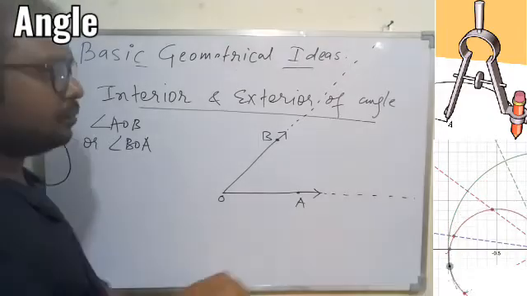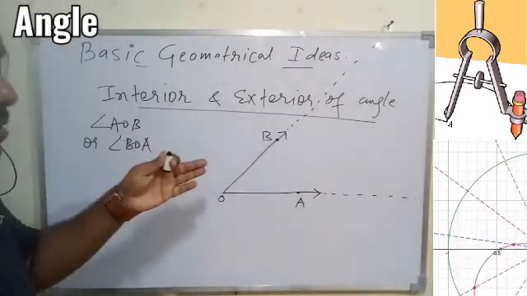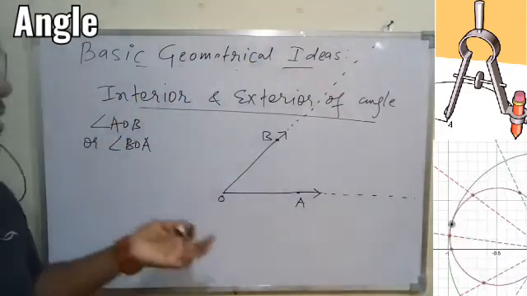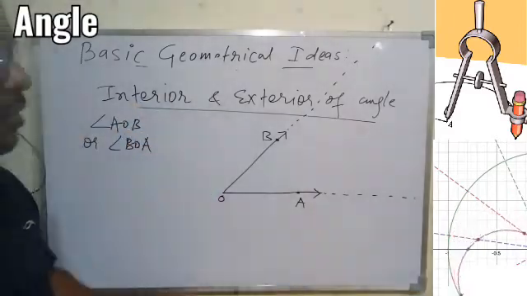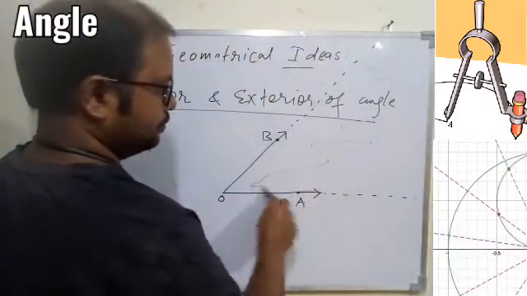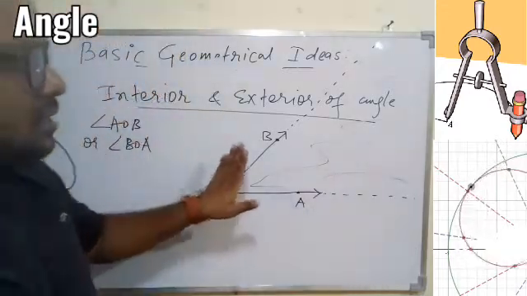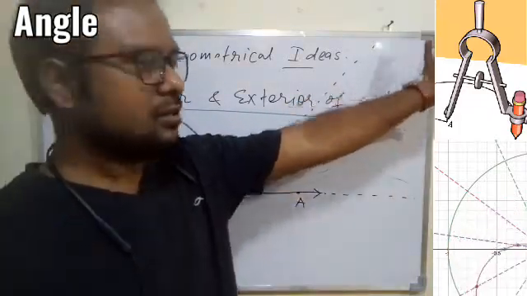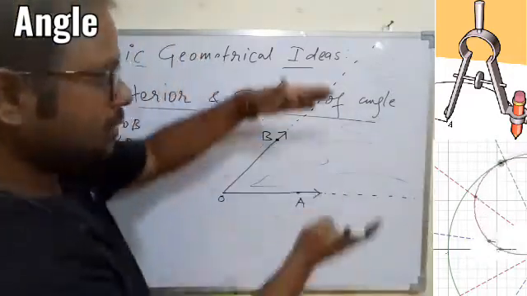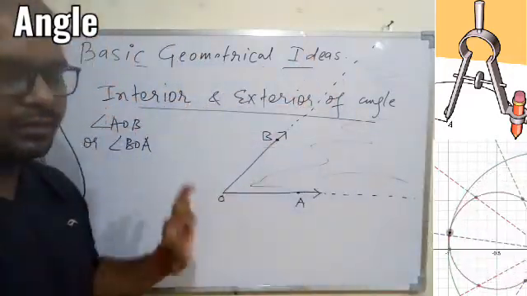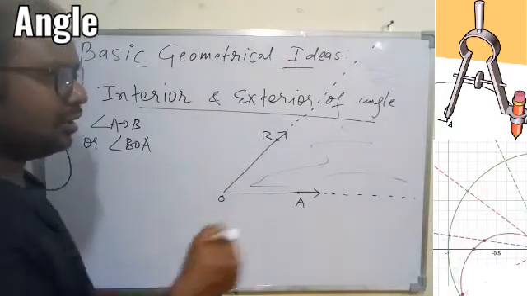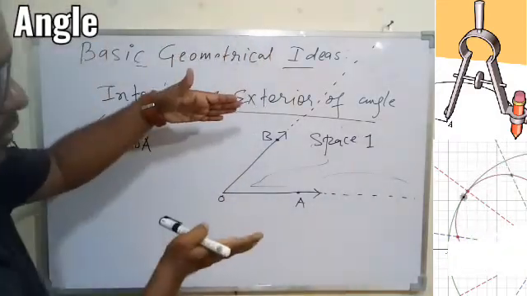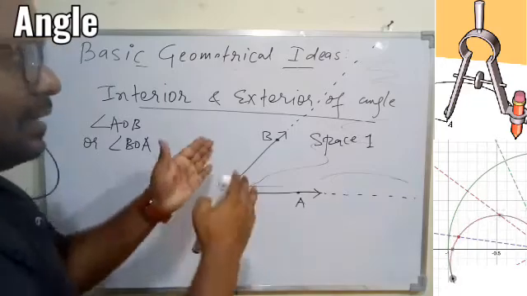Okay. So overall, if you try to shade this particular space, that is the space between the two rays and the space outside these two rays, what you get? You'll get two different shapes, two different spaces. So overall, this portion has no end. So for infinite distance, we'll have this kind of space, or we can say we'll have this much area, and this space is basically coming within the two different rays or within the angle. So overall, let this space be space 1, which is between the two different rays OA and OB, and that has no limitation.